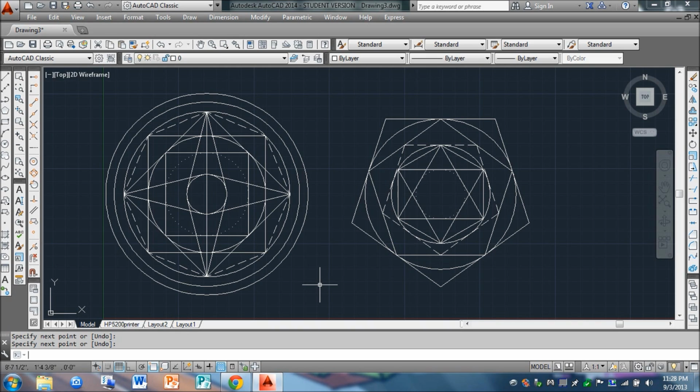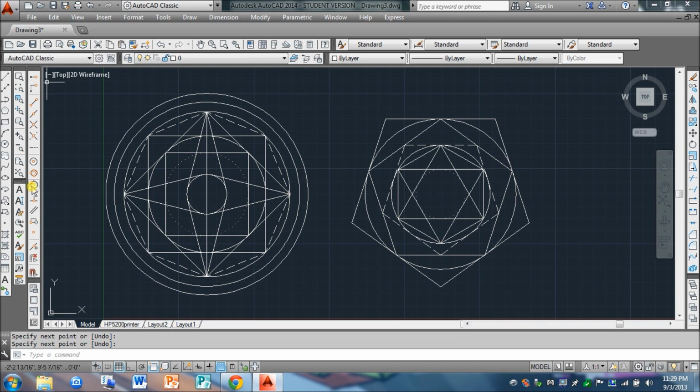So you can see that it's pretty quick to work with AutoCAD once you know what you're doing. And this is actually the first class that I'm taking, so as I take more classes, every class I'll be making more videos showing how to use basic AutoCAD. And yeah, so that's pretty much it for this little tutorial. Just hope you find this useful, and keep in mind